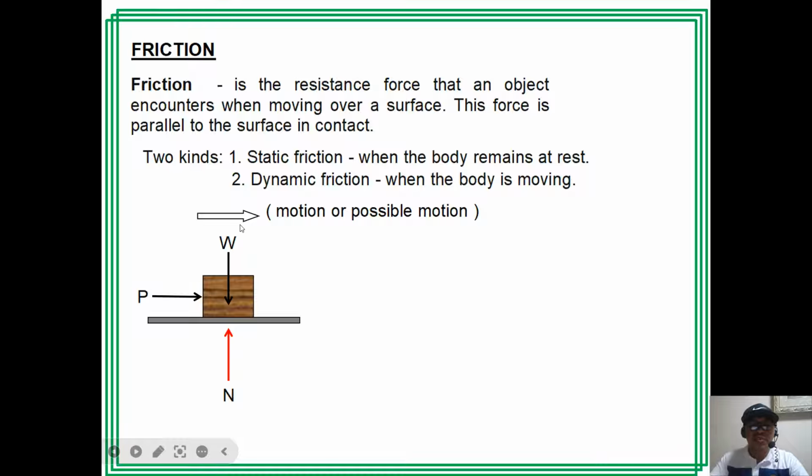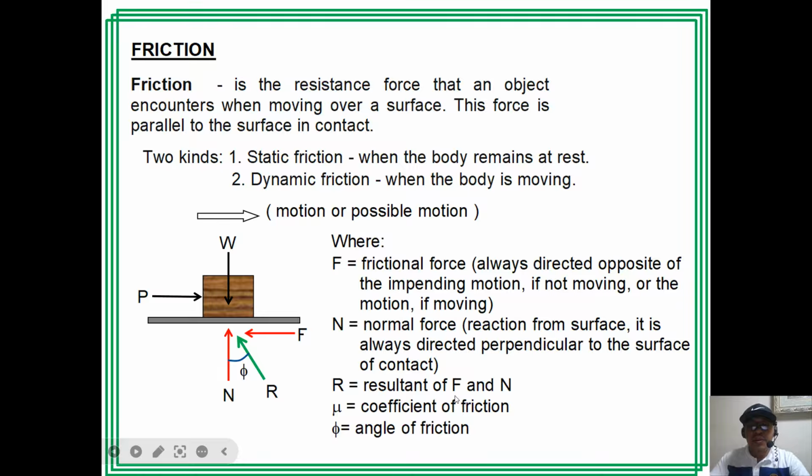And since the motion or the possible motion of the block is to the right, friction is acting opposite. So, we have here the friction force F. The resultant of F and N is the resultant force R, and this is acting at an angle of phi with respect to the vertical. So, in this case, we have the friction, the normal, the resultant, and then the coefficient of friction, and then